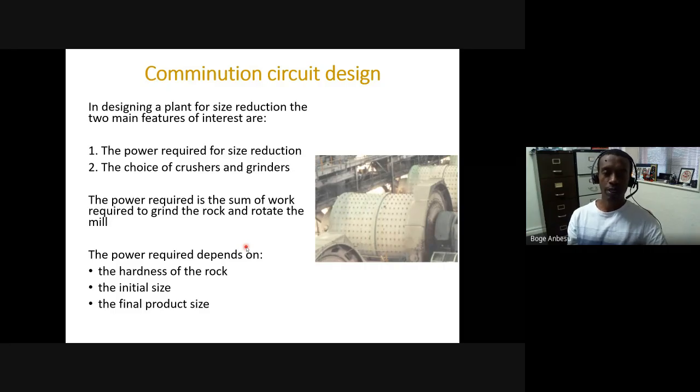The first stage would be, what am I going to process? What is the nature of the material? What is the energy requirement? What's the crushing and grinding requirement? Once you know that, then you can come up with the most ideal flow sheet for it. So that's why usually I say